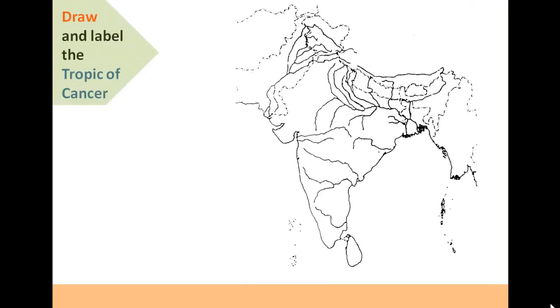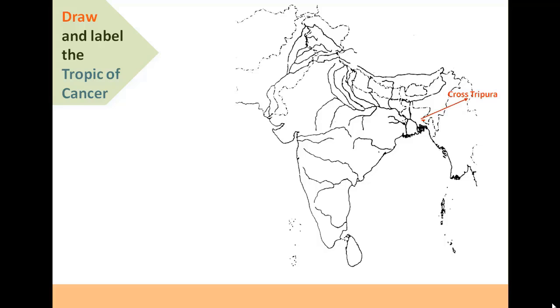It is a parallel of latitude that lies currently 23 degrees 30 minutes north of the equator. It is the farthest northern latitude at which the sun can appear directly overhead, which occurs on the June solstice. One can draw the Tropic of Cancer, a little curve, with a free hand. With practice, one can draw it perfectly. For reference purposes, we have marked a few connecting points for drawing the Tropic of Cancer.